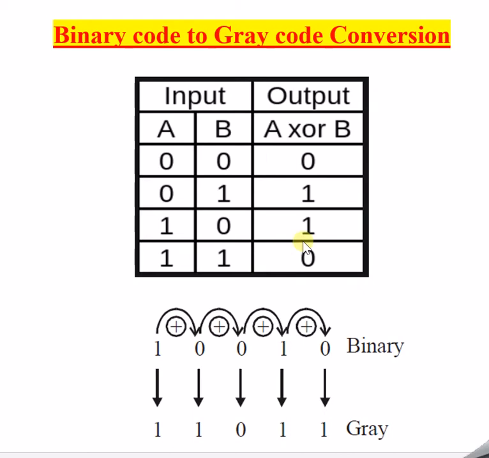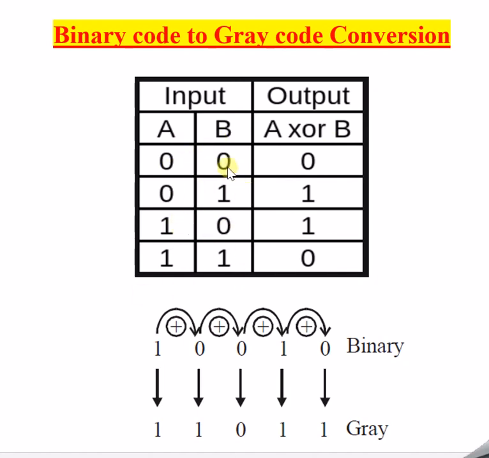we have to study the truth table of the XOR gate. XOR gate is nothing but a binary addition. It is basically a binary addition, so the XOR gate is also called a binary addition of particular digits. A and B are the inputs, and the output is A XOR B. So A B: 0 0, 0 1, 1 0, 1 1.